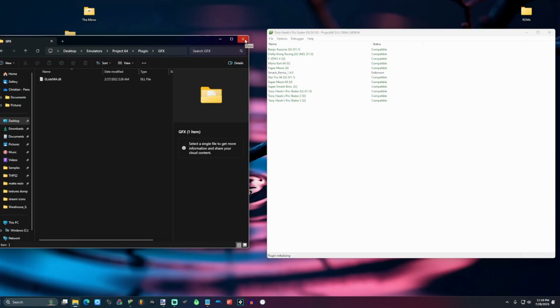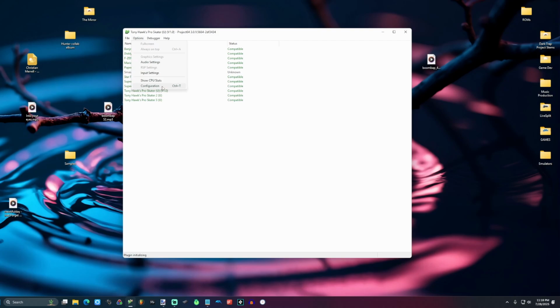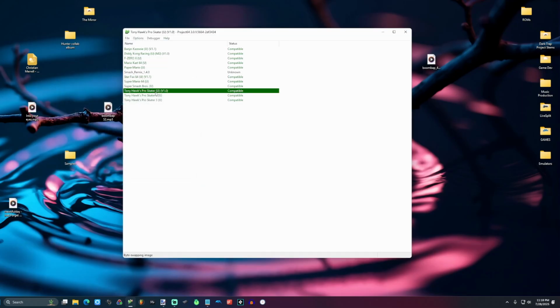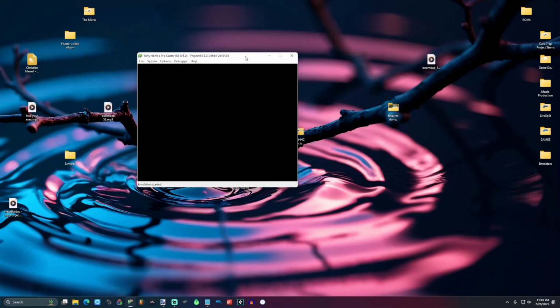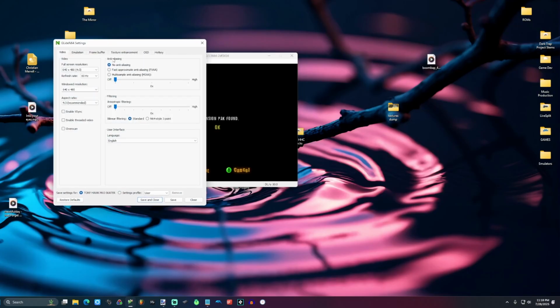And now that that's out of the way, we are going to go into where the emulator configuration settings are. Come down here to plugins, and from the drop down menu, you're going to want to select Glide N64 revision 1A7-11257. That's what we just downloaded. So we're going to open up a game, good old Tony Hawk, and then we're going to go back up here into options and select graphic settings.